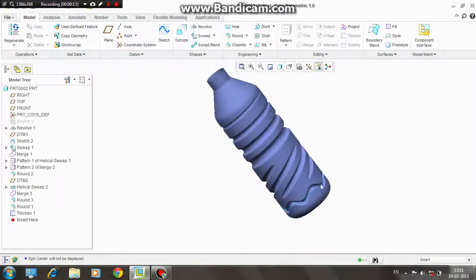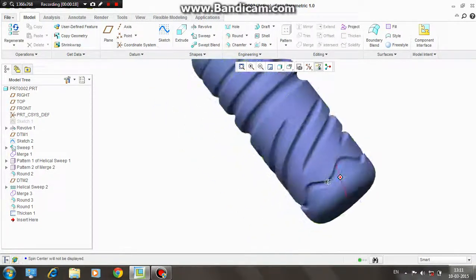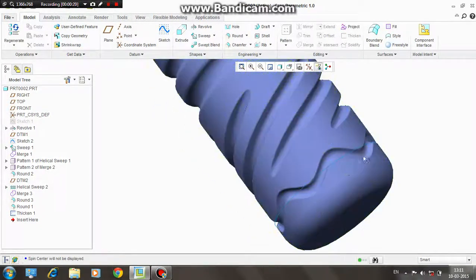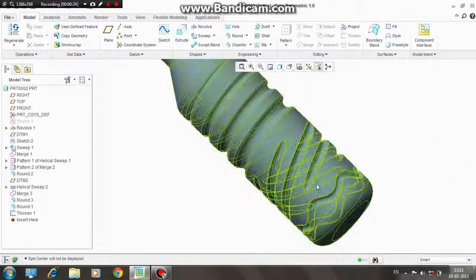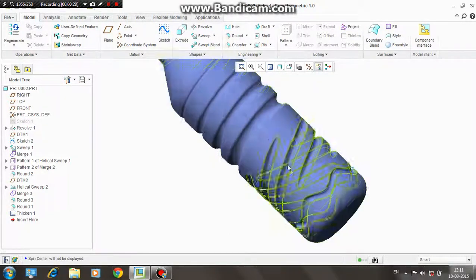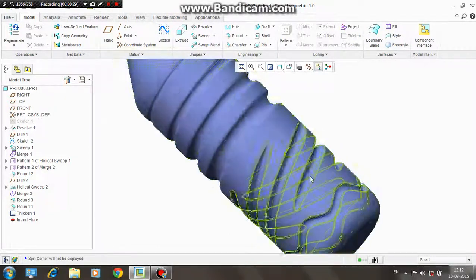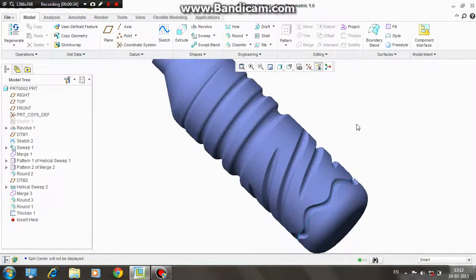Here I am going to tell you how we can make these curves which are having very regular ups and downs, and how we can approach to draw these profiles over the bottle by using parametric approach. Okay, you are seeing here these curves. The first one,